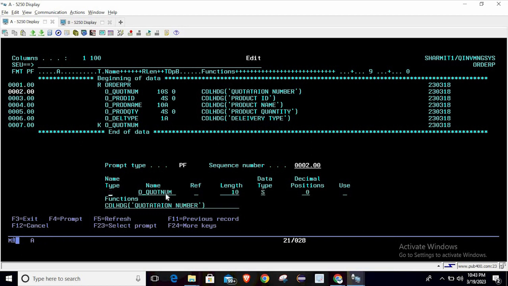Then hit enter. Next we are declaring the fields. Just for simplification, I keep O underscore as a prefix for the fields that belong to the order PF file. So my first field name is O_QUOTENUM, where length is 10, data type is S, decimal position is 0, column heading is quotation number. This is the heading that we get on the file as a column header. Then the second field is O_PRODID, length 4, data type S, decimal position 0, column heading product ID. Then product name,